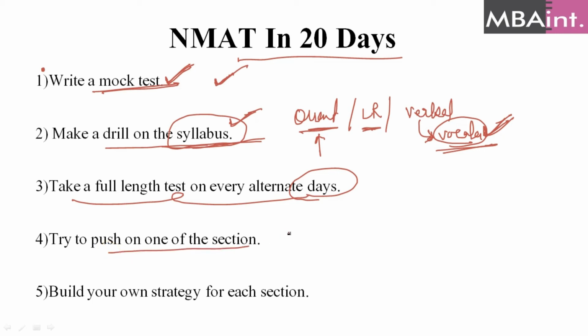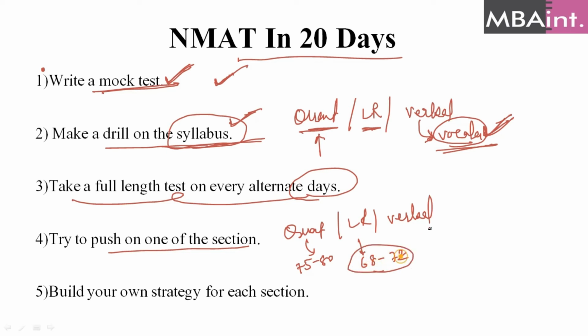Now what I'm saying is, quant, LR and verbal, each of them has their own sectionals, right? अगर तुम quant में देखोगे, quant में the sectional scores range something around 75 to 80. 80 नहीं जाता है, 75 तक ही रहता है. LR is something around तुम्हारा 68 to 72 के range में रहेगा, and your verbal is somewhere around 58 से लेके 60 के बीच में रहेगा verbal का cutoff. But when you add all of these cutoffs, your overall won't go up to 210, because generally